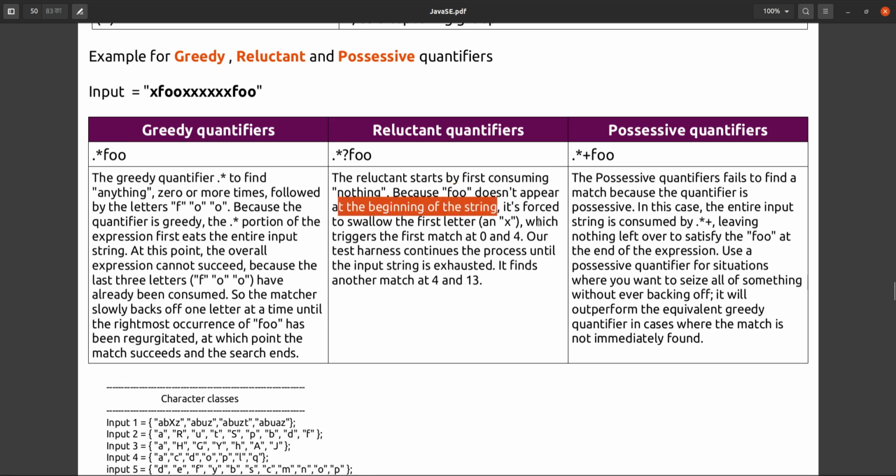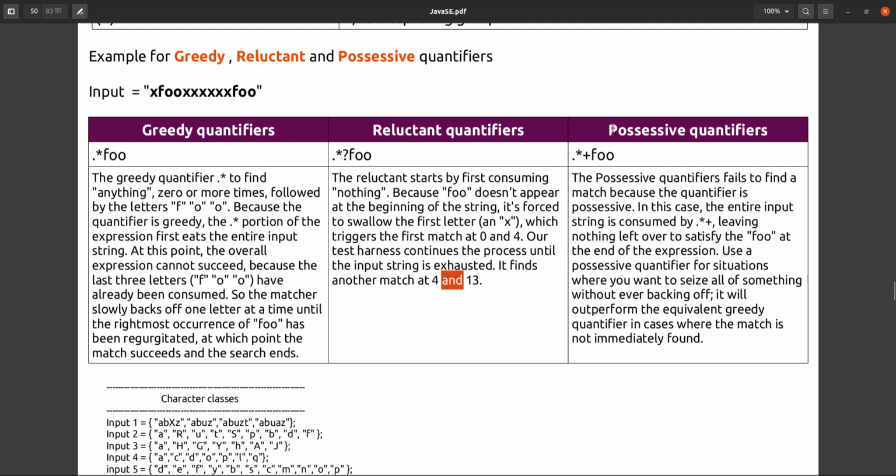It is forced to swallow the first letter x, which is matched at 0 to 4, 0 1 2 3 4. It's here. Then it continues the process until the input string is exhausted. It finds another match at 4 and 13.